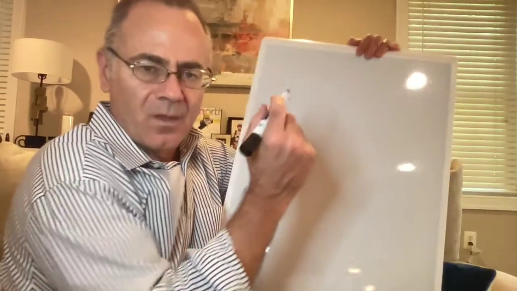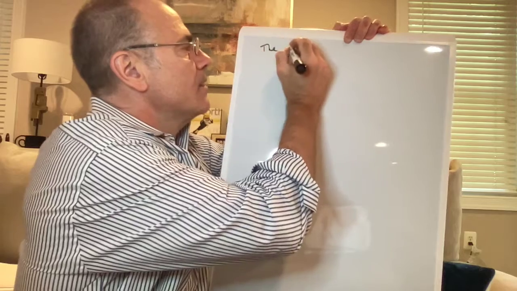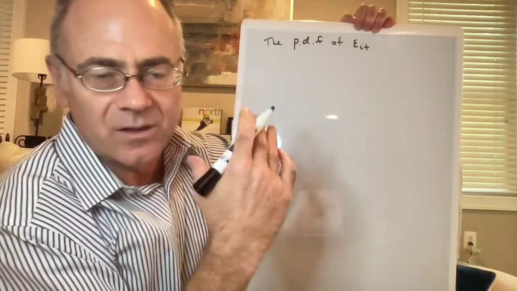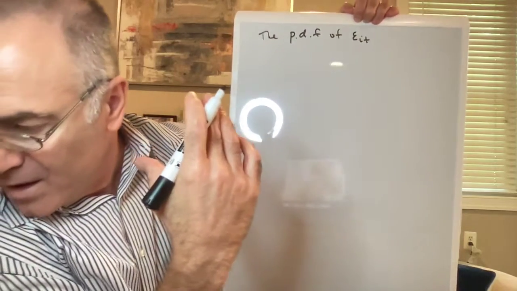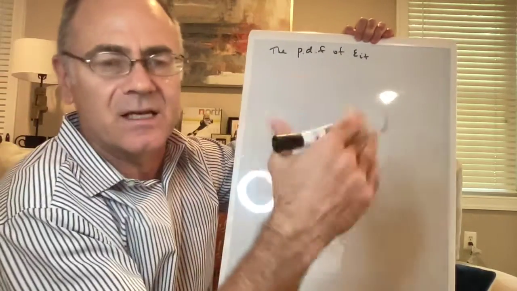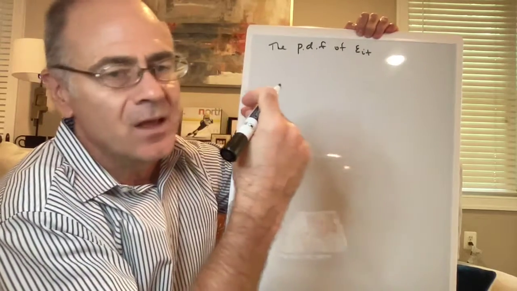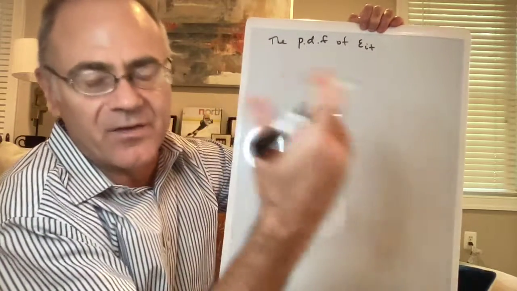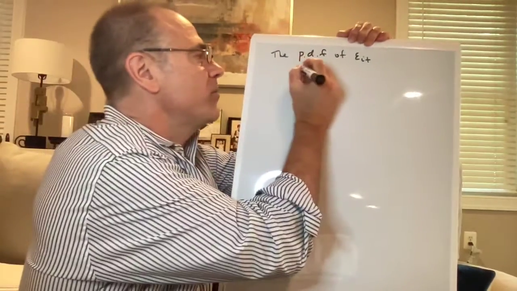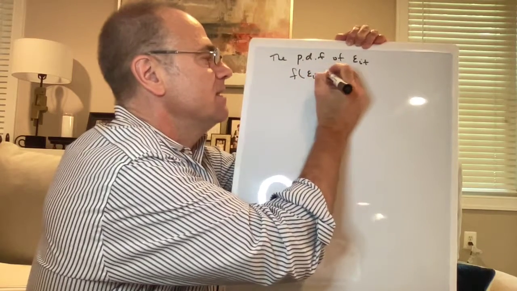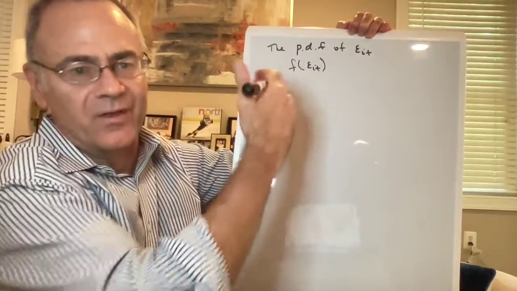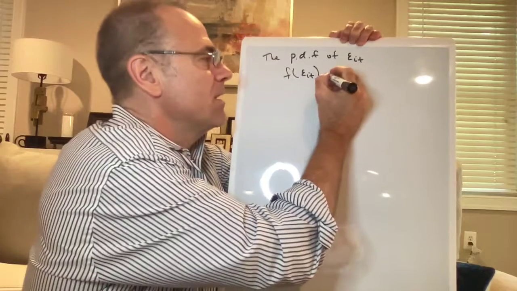So the PDF of epsilon IT. Remember, we assume that it's not standard normal, but normal with variance sigma squared. Now it turns out the PDF f of epsilon IT, we just take the CDF and take the derivative. You can prove this. It's just a couple of steps, but it must equal